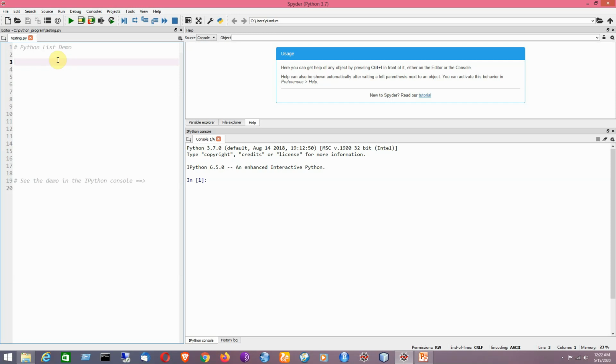So that is why I will be using interactive Python, the area where the Python program output is normally shown. So I will be using the IPython console, that is interactive Python console, that will be permitting line by line execution.